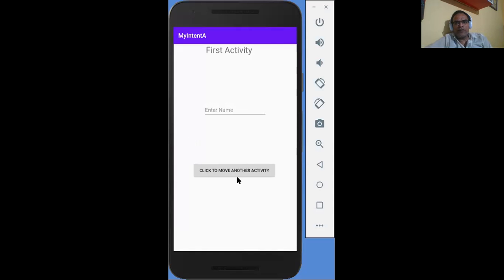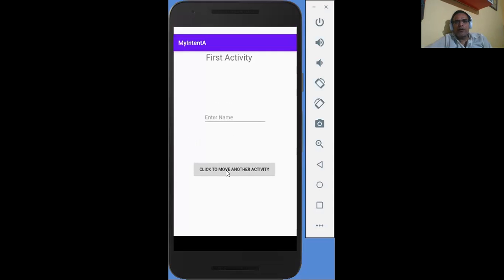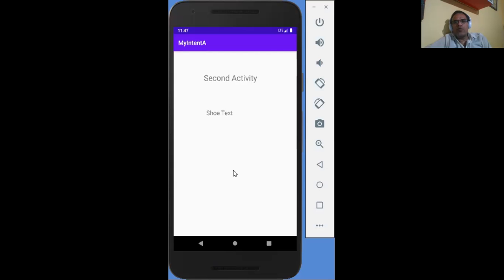Here we don't write anything in enter name because that is the code we are writing now. So we just click move to another activity. Now you see here, when you click move to another activity, you can see the second activity.